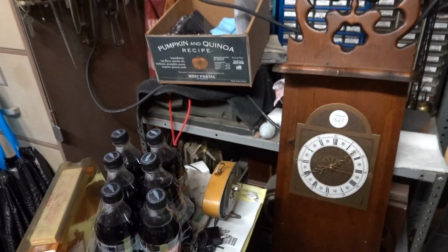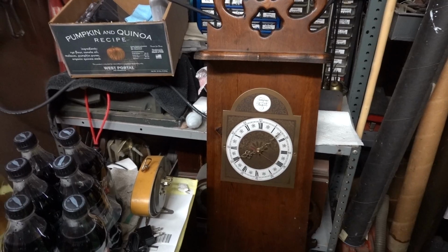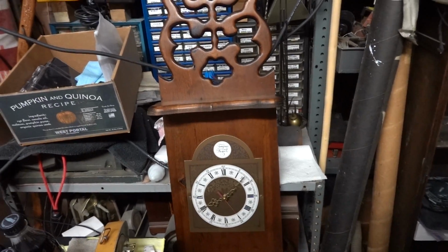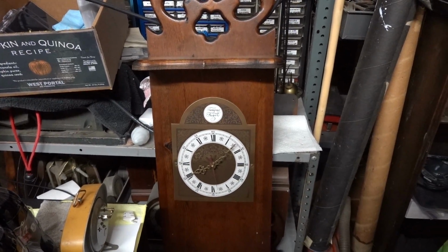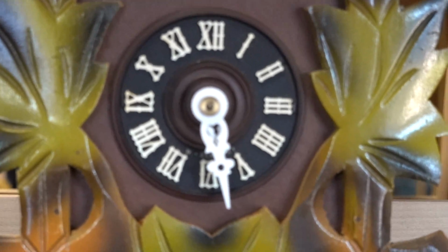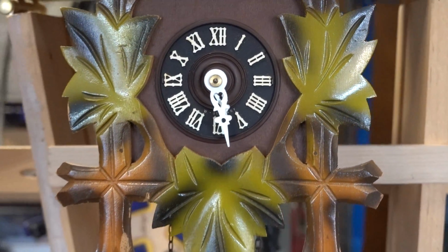Get it hung on a wall somewhere, and we'll show you the final finished, what it looks like. But yeah, we're making progress. So until then. Well, it's pretty close to the right time, but that's not why you're looking at this. So I thought I'd take a moment and show you